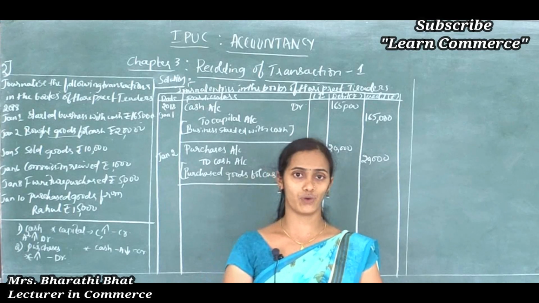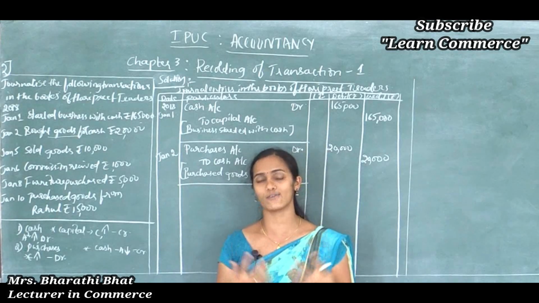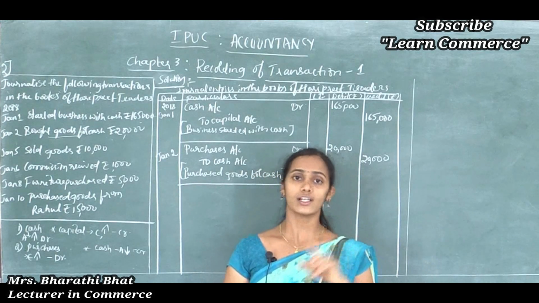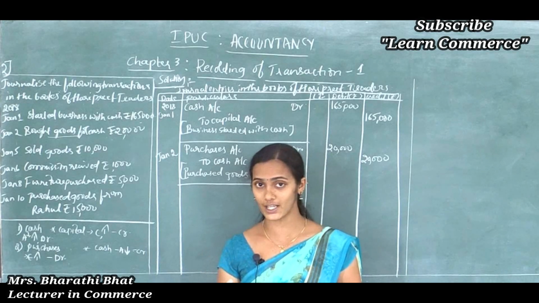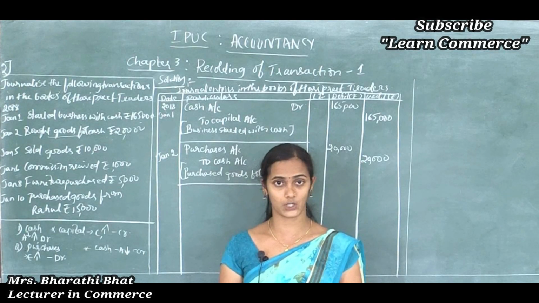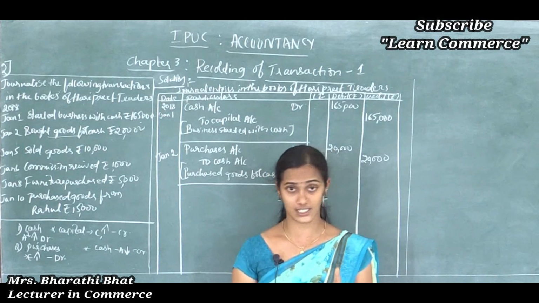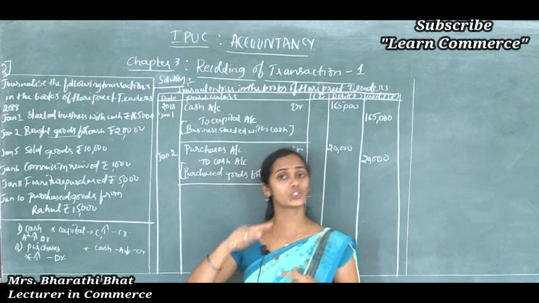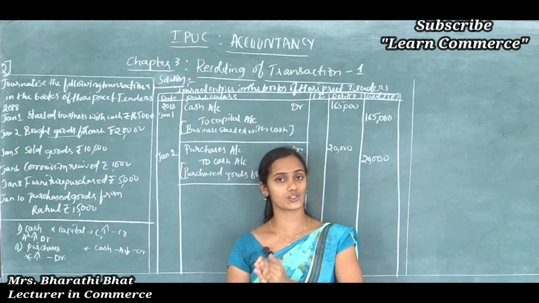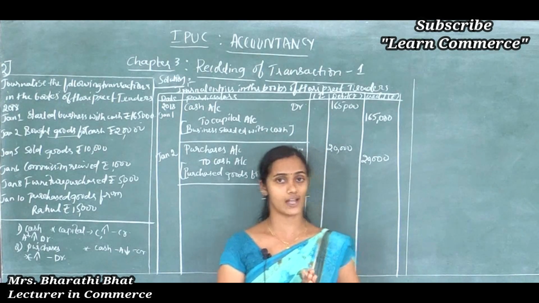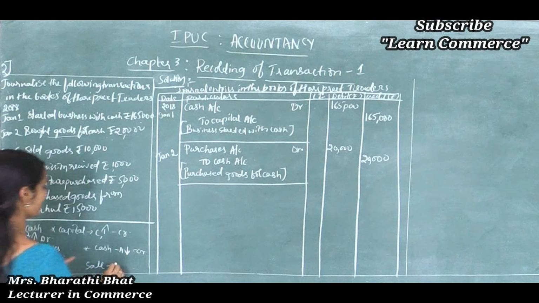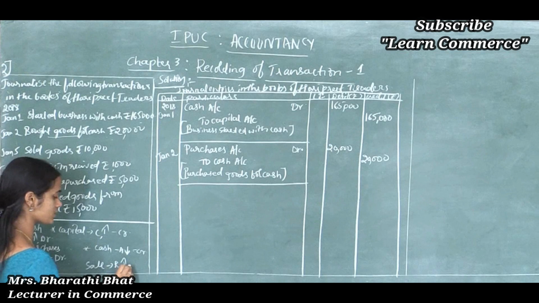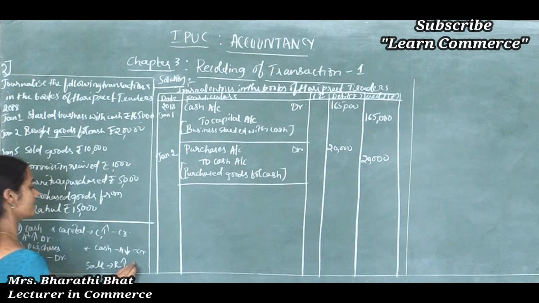When we are involved in the selling activity, then we will receive some revenue. So our cash shows increased value, and sales comes under the revenue account. In the previous sum we discussed the same concept. Sales is considered as revenue, so revenue shows increased value. So what are the two accounts involved here? One is cash, another one is sales.